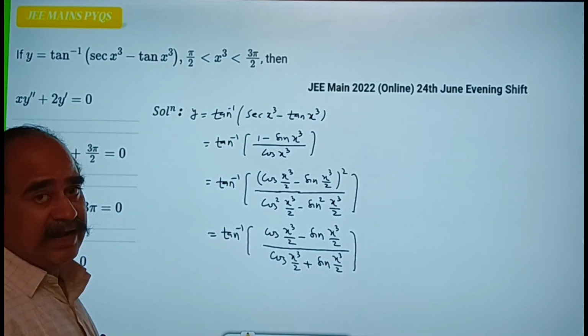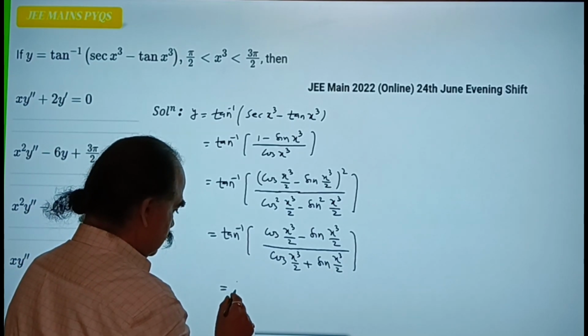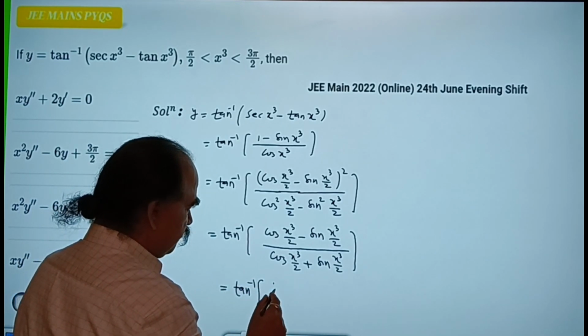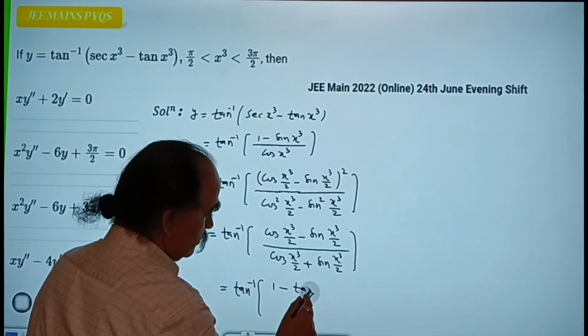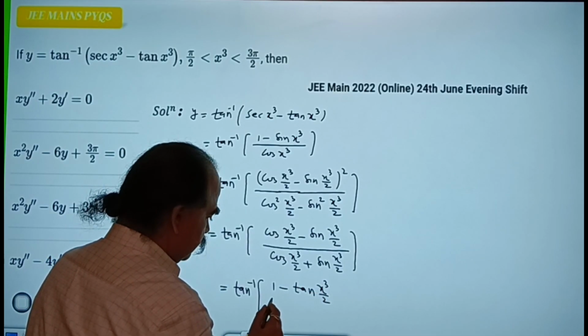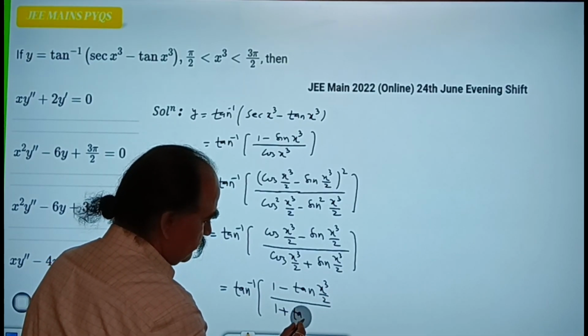Divide both numerator and denominator by cos x cube by 2. So it will become 1 minus tan x cube by 2 upon 1 plus tan x cube by 2,